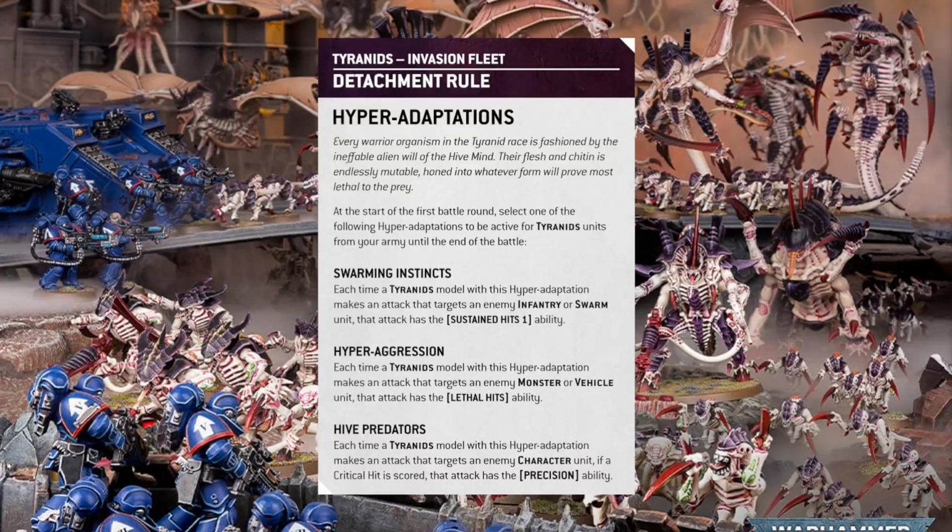Now I bet that a lot of people see that last hyper adaptation, High Predators, and they think it's a waste of time. Because in 9th edition, snipers and anything that can pick off characters is basically useless. In 10th, nothing could be further from the truth, and especially if you're facing off against other Tyranid armies where you're going to have these big leader beasts embedded in huge blobs of Neurogaunts or Tyrant Guard, anything you can do to take out the big bug and just remove the ablative wounds from out of the equation is just